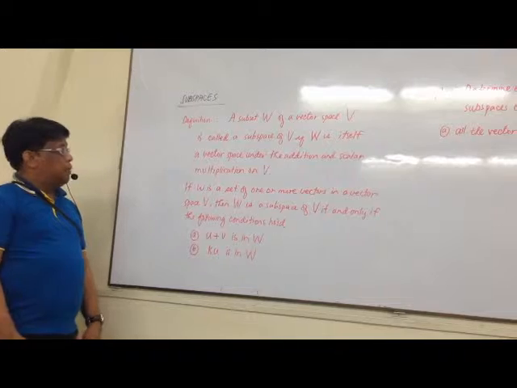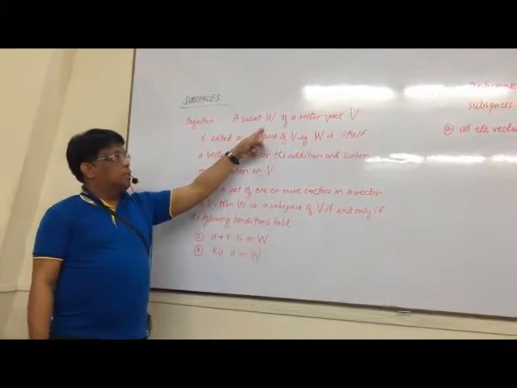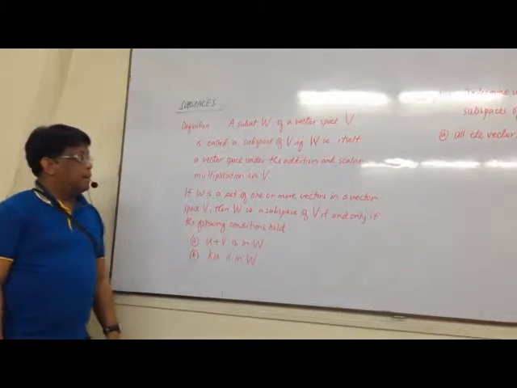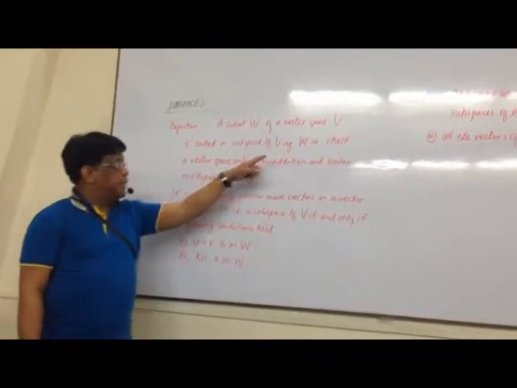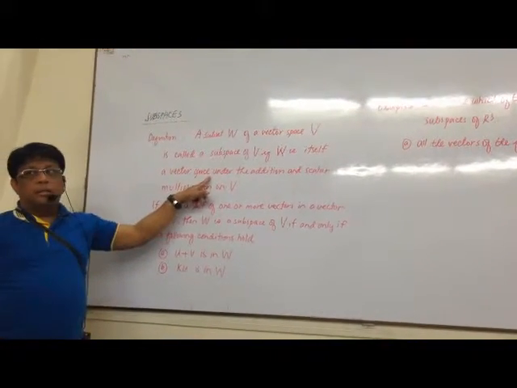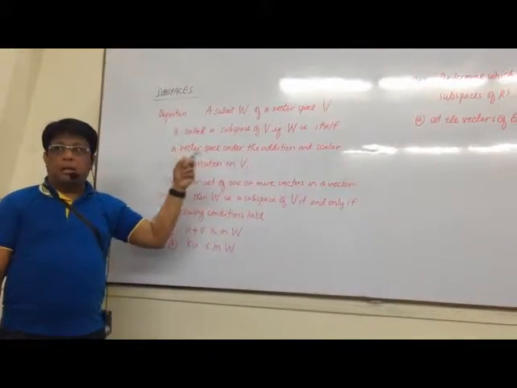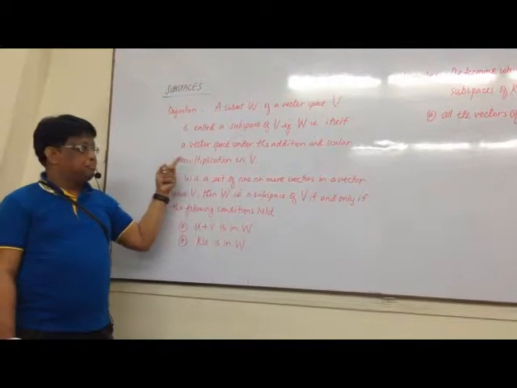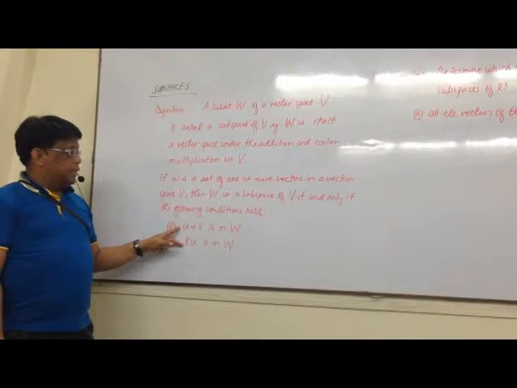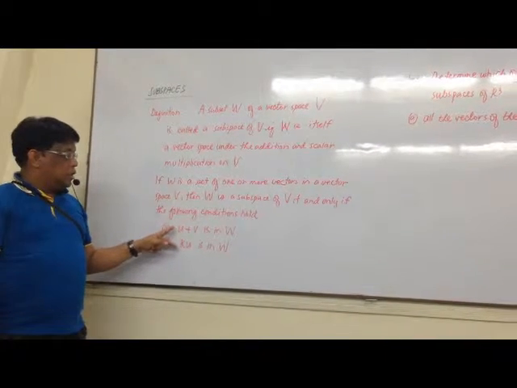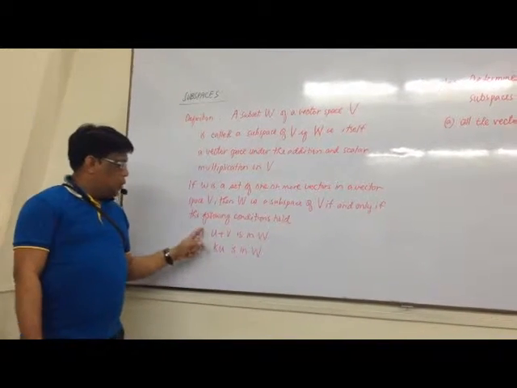So it means that if we have a subset W which is itself a vector space under V, it is called a subspace, class, if W is itself a vector space under the addition and scalar multiplication. We have this from last time, class: vector addition and scalar multiplication, right? And we have two conditions to satisfy, class. So we need to satisfy these two conditions so that we can say that W is a subspace of V. And what are these two conditions?